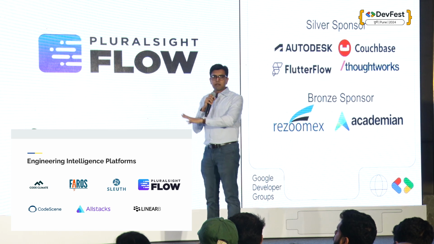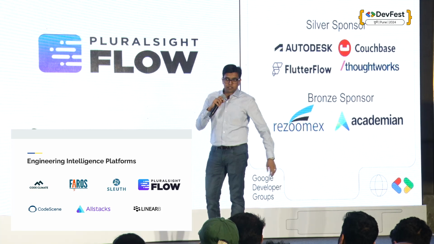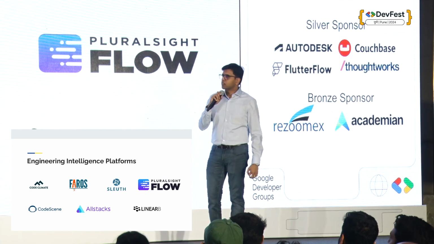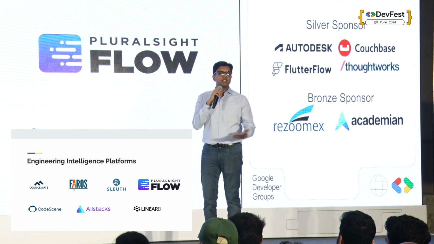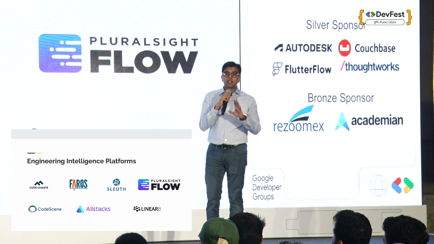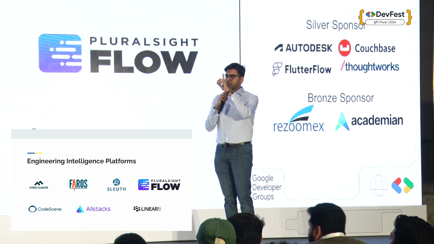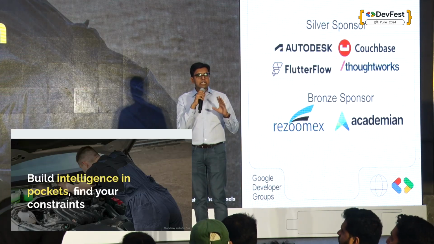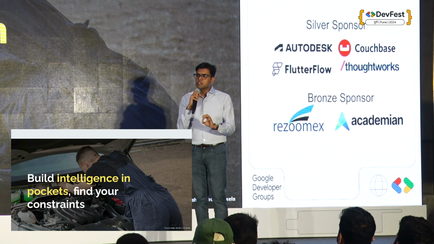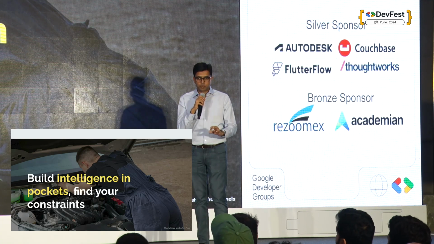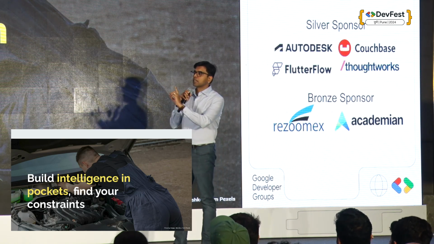Here are just a few examples that you have, which are available in the market. Go and buy these. All of them? All of them. No, okay, yeah, please don't buy this, because then you'll end up doing more of what you want. But these are good software that you can utilize in order to improve your intelligence. Having said that, can you go on the next slide, please? You can start building intelligence in pockets. The idea is to find your constraint and then exploit it as much as possible. To give you an example as to how you do that, before you go and buy some tool. Can I have the next slide, please?